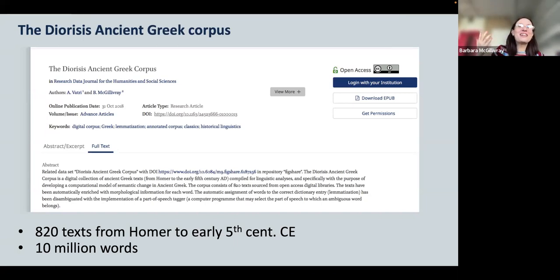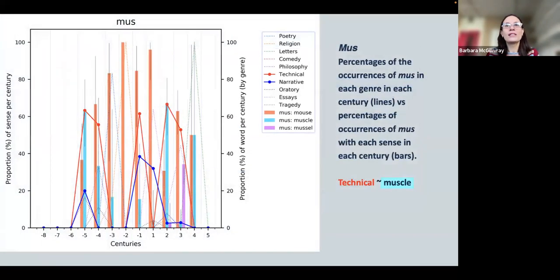So if you work on ancient Greek, you might want to check it out if you don't know it already. It is a corpus that covers many different centuries and 10 million words. What we looked at to prepare for this study was certain words that we knew had different meanings,